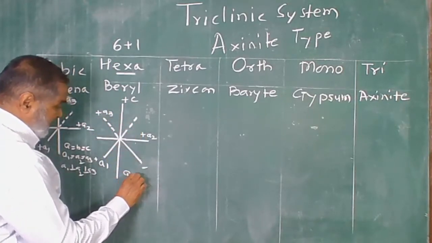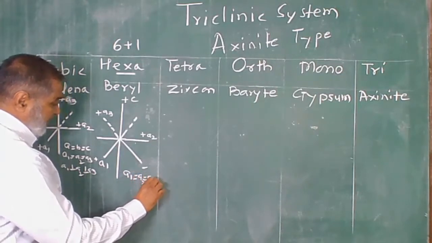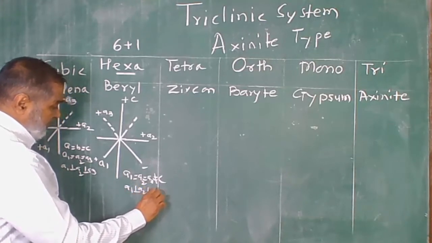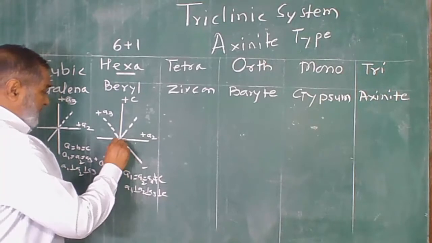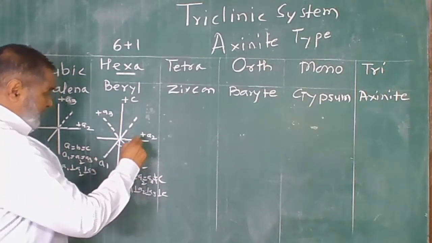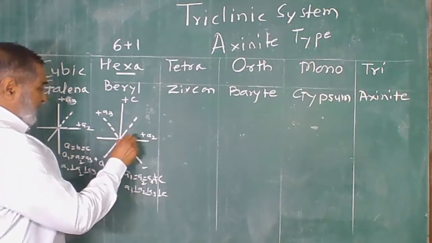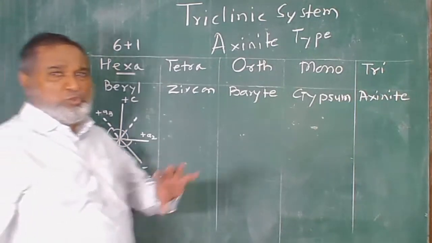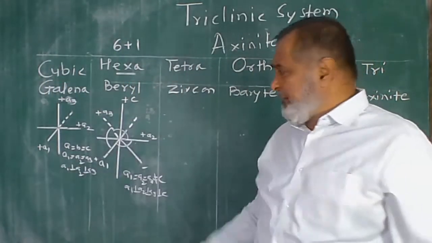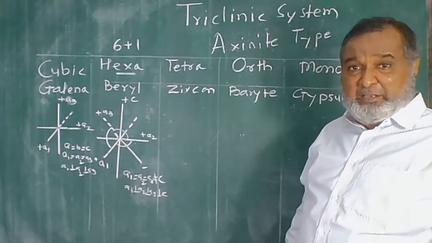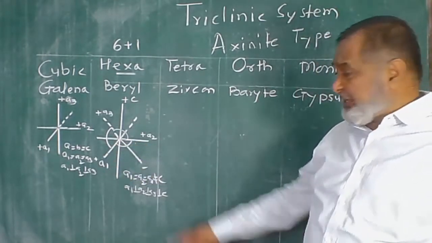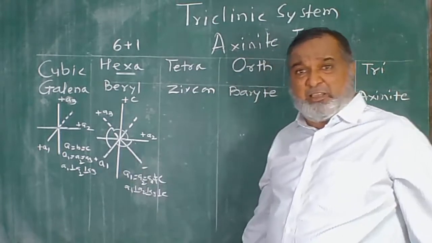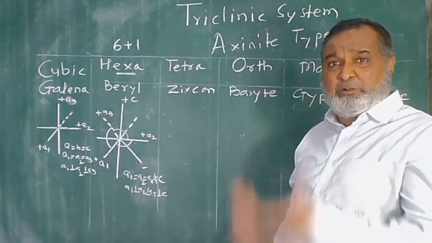So here are four axes: A1 is equal to A2, A2 is equal to A3, and they are not equal to C. A1 is not perpendicular to A2, A2 is not perpendicular to A3, but all are perpendicular to C. Whatever the plus sign of A1 makes with A2 is 120 degrees, then plus A2 to plus A3, 120 degrees, and plus A3 to plus A1, 120 degrees. So the total 360 degree angle is divided by these three horizontal axes, which are equal but make an angle of 120 degrees. Maximum axes are there, but now the planes and axes will be less because of this relation, because A1, A2, A3 are equal, but C is not equal, that is 1.